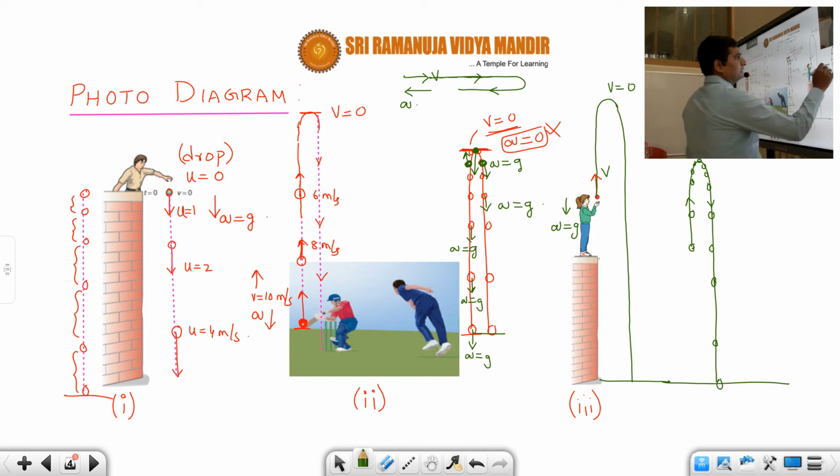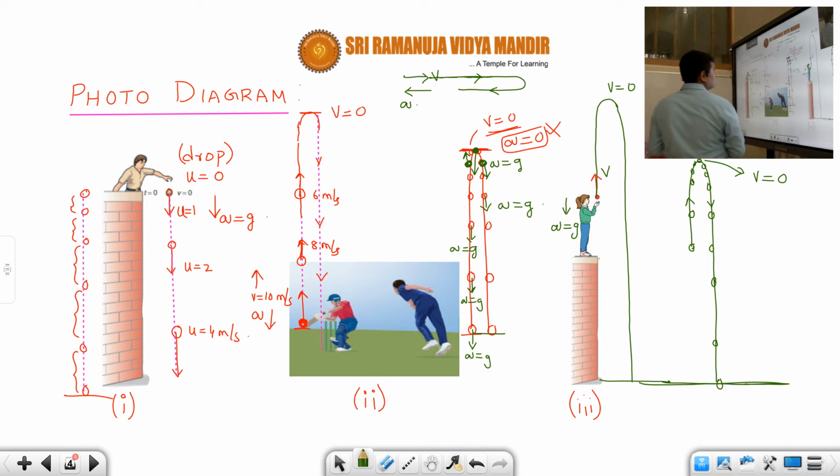Okay students, so here you can see the speed of the ball as it is going upwards is decreasing, and at one point its speed will become 0 instantaneously. Then again speed will increase in downward direction until it reaches the ground. Okay, so this is called the photo diagram. I hope students you understood this one. Here one important point is that even though speed is 0, will acceleration be 0? Sometimes in objective bits they will ask, if the speed is 0 will the acceleration also be 0? No, acceleration will be there even though the speed is 0 at an instant.